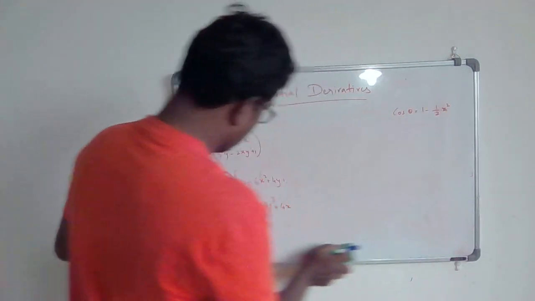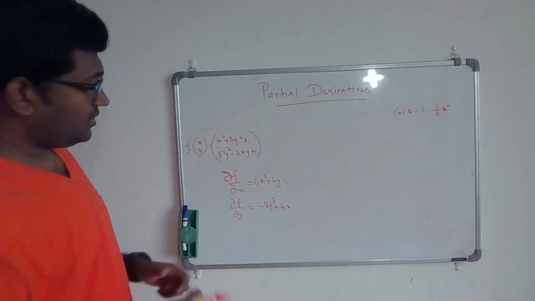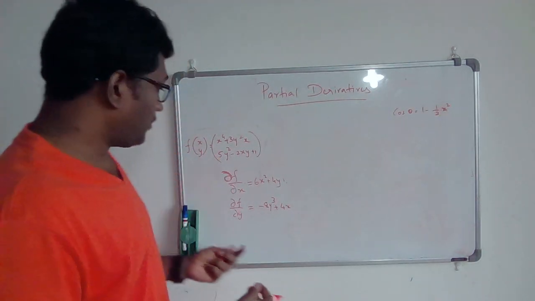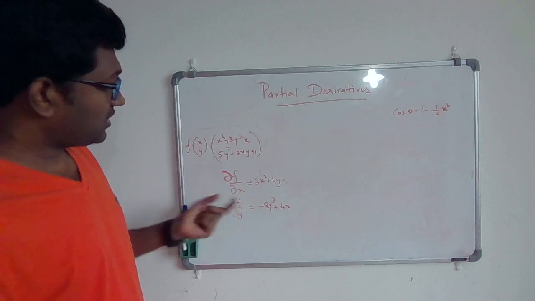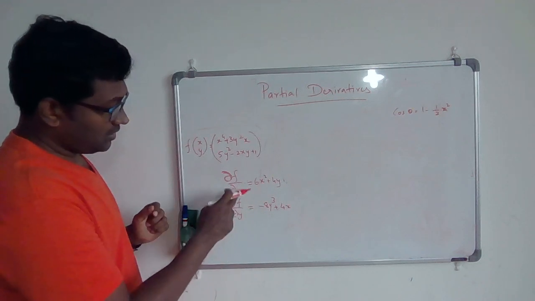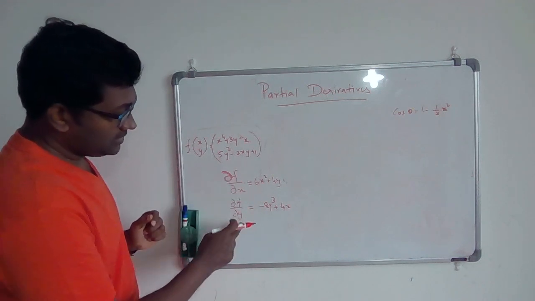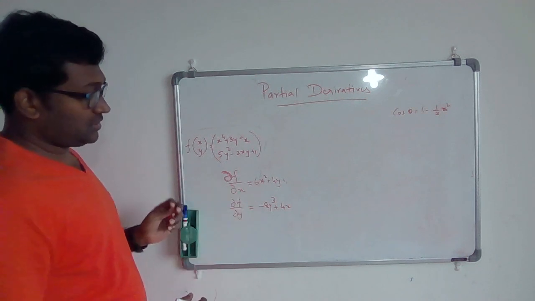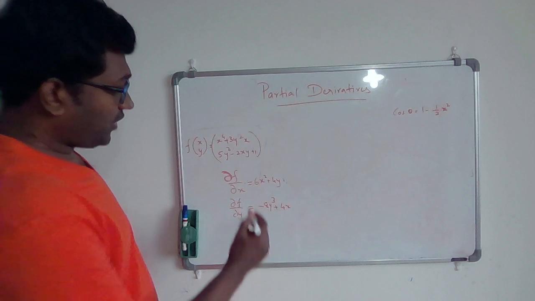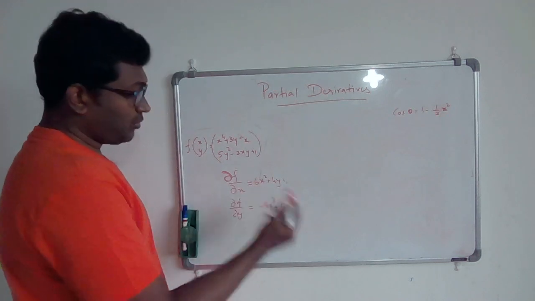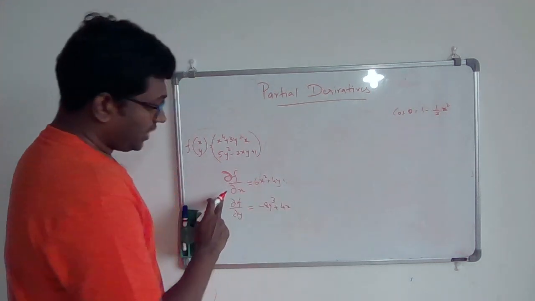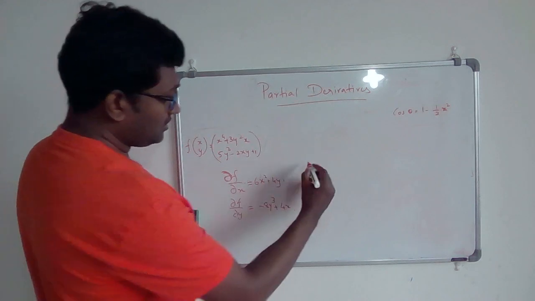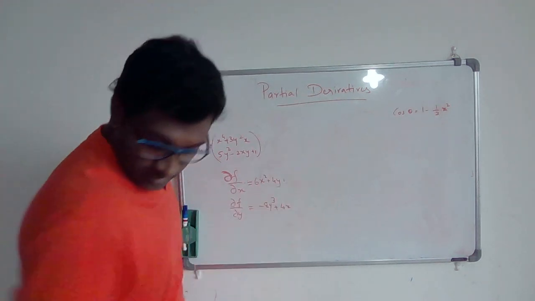We want to extend the concept of partial derivatives one more level. We had a multivariate function, and we took the partial derivative of f with respect to x, and with respect to y. Now if you do this derivative one more time, which means taking the second derivative of this function, that becomes